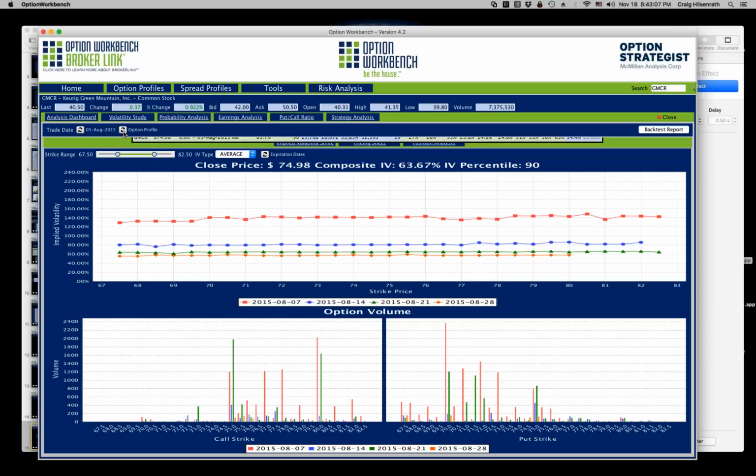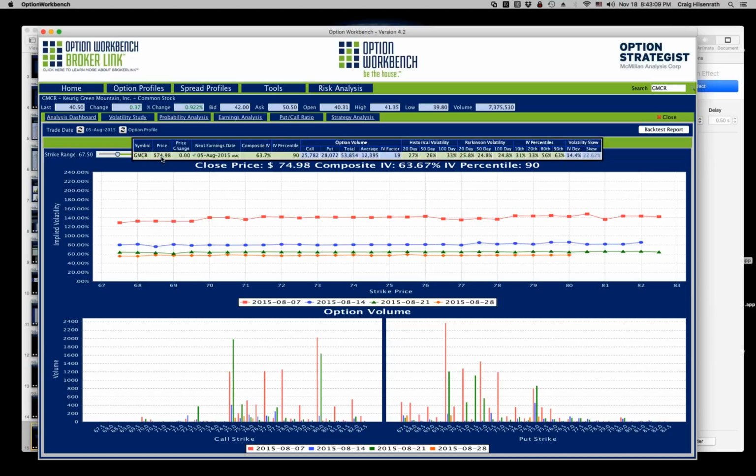The price on August 5th was 74.98, and the 20-day historical volatility was 27%. So how do I figure out what strike I want to sell? What's 6.1 standard deviations away on a one-day move from 74.98?